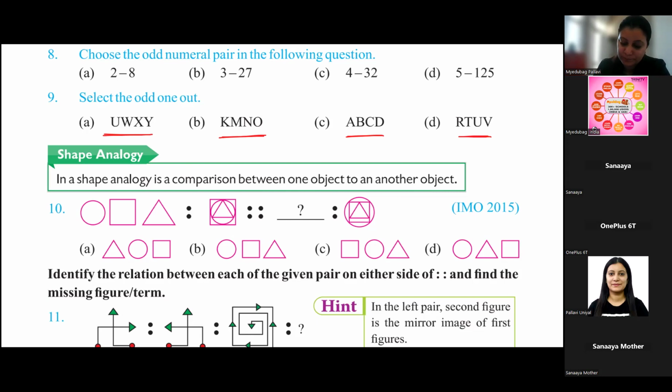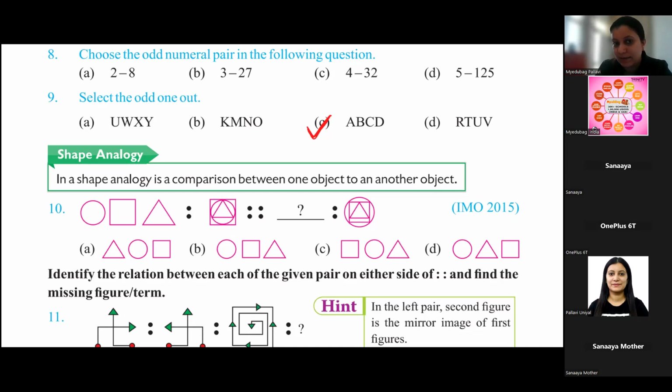Ma'am, C. Very nice, correct. And what was the logic? Ma'am, because I have written ABCD. So in ABCD, ma'am, here ABCD is written in full, and yes, but here